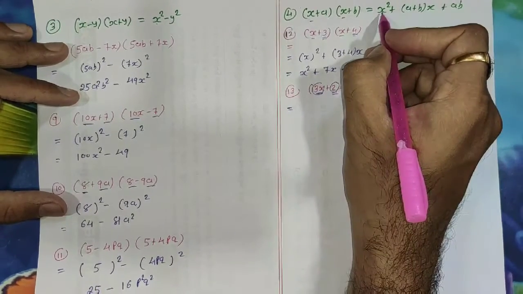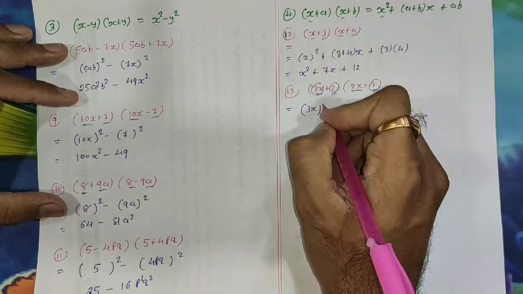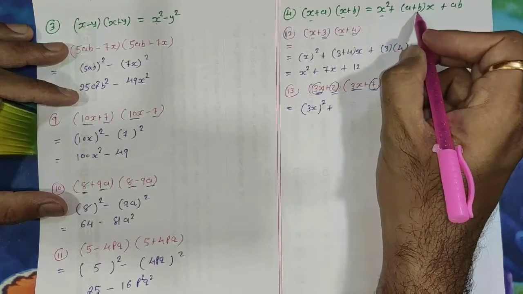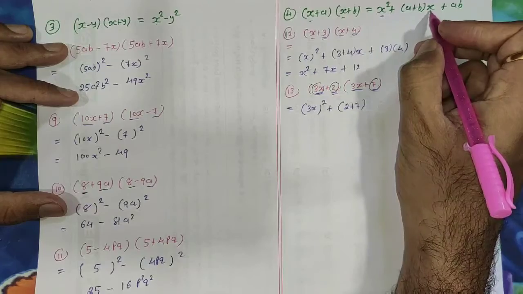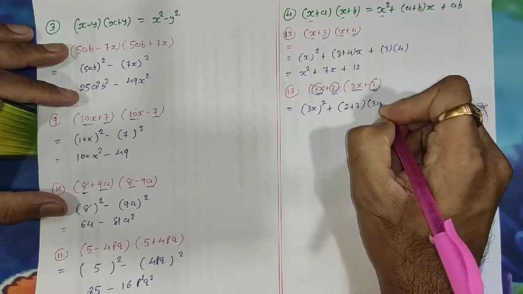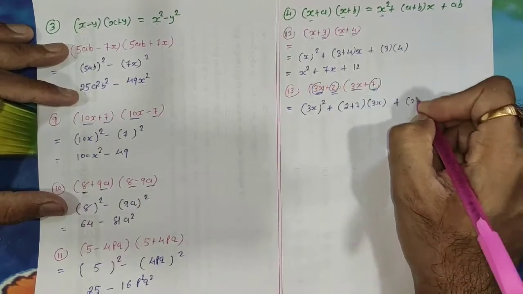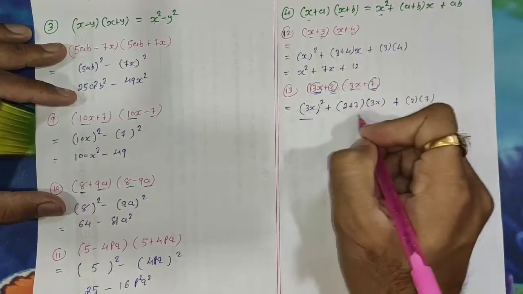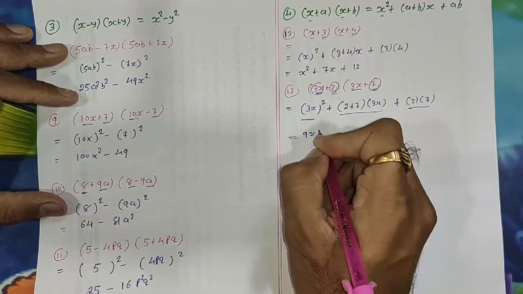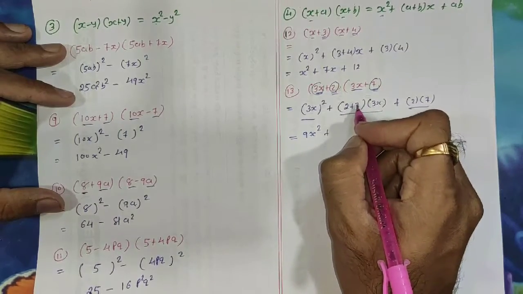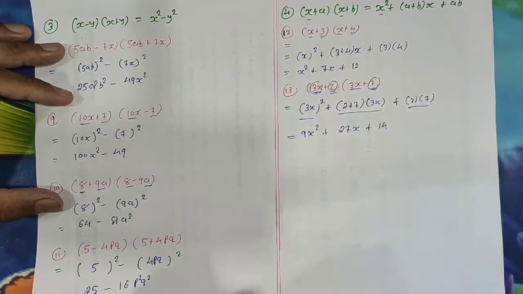So what is the expansion? Square of the equal term. So 3x is the equal term in both of the brackets, so it's 3x square, plus the sum of the different terms, so it's 2 plus 7, into the equal term, which is 3x, so you have to write 3x, not x, plus the multiplication of different terms, so it's 2 into 7. Total 3 terms are there, first term, second term and third term. So here 3x whole square is 9x square, plus 7 plus 2 is 9, 9 threes are 27x, and 2 sevens are 14.